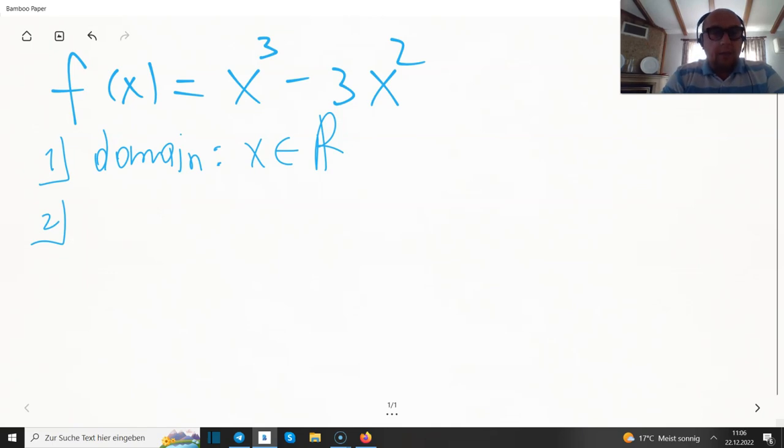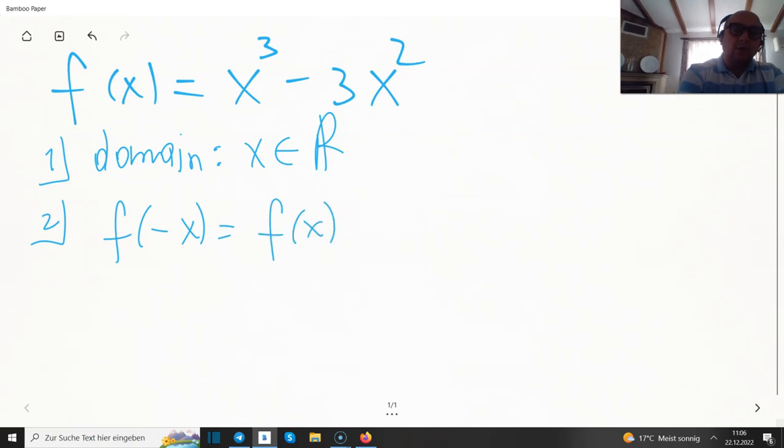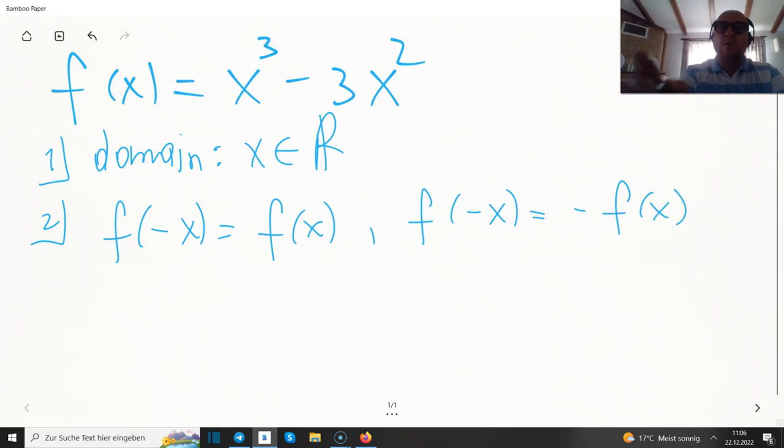is there any kind of symmetry involved here? And the answer is no symmetry is involved. Why not? Well, if we're dealing with polynomials, in order to fulfill this condition we need to have only even powers, which is not the case. 3 is an odd number. In order to be symmetric considering the origin, we need only odd powers, which isn't the case here because 2 is an even number. So no,